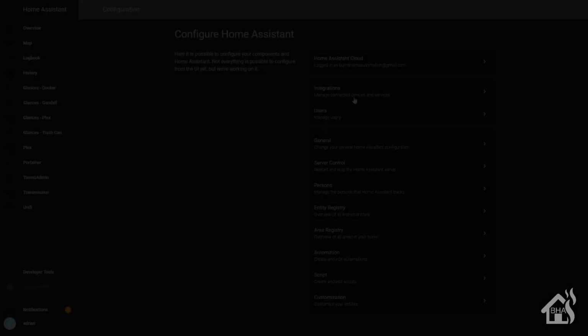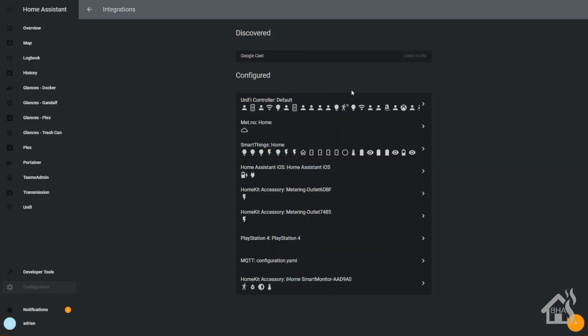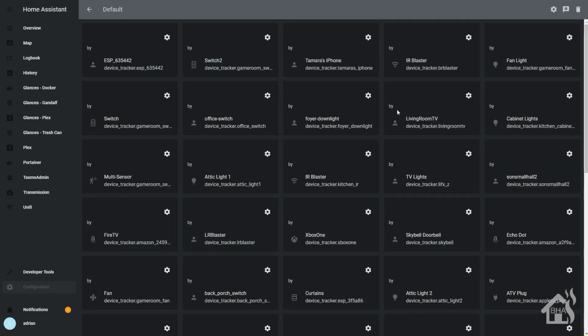All right, so let's also look at the integrations tab here. If you click on integrations, this will show all the integrations that you have installed in your Home Assistant configuration. As for me, I have, of course, my UniFi controller and all the device trackers that it pulls in from that. I also have my SmartThings integration set up there, and a few HomeKit devices and such as well. But if you were to click on one of these, we'll say my UniFi controller here, it'll list out every device there, with their name and everything. And if you hit the settings on one of these,